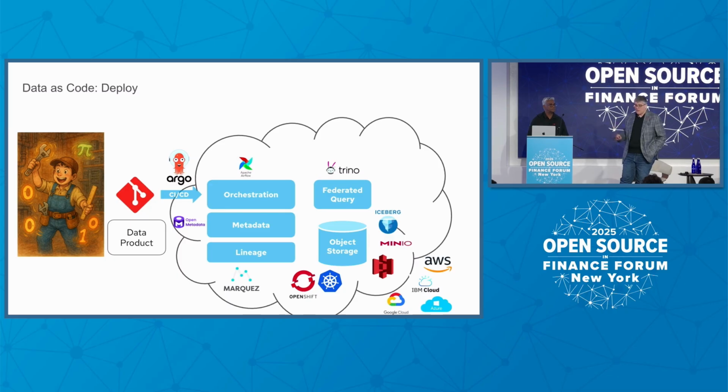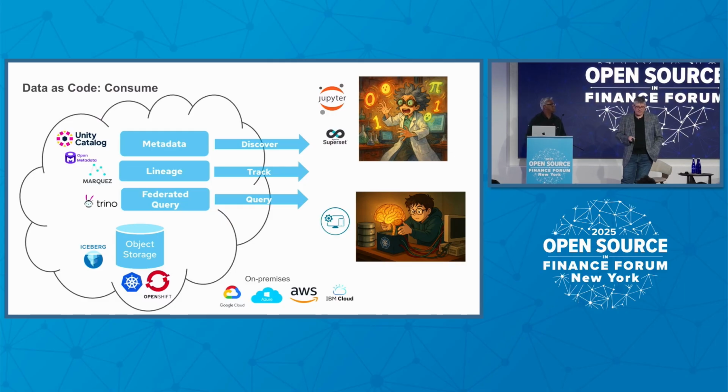In our case, we use Argo to trigger the orchestration of the transformations, to automatically register the metadata. We actually could use OpenMetadata, but in fact, we're using Marquez in our process. And then register the lineage for the application. This is very, very important because as a consumer of a data product, I don't want to have just the data. I don't want to see what the transformations were. I want to understand where this data comes from. You're going to see an example in a moment. So just by taking that code from Git and deploying it, the deployment happens automatically.